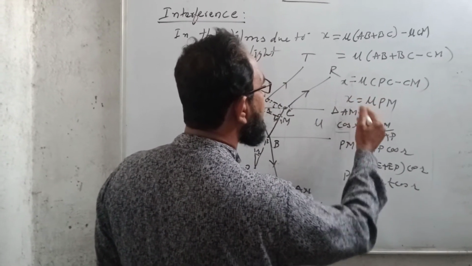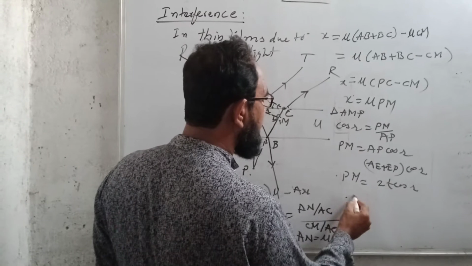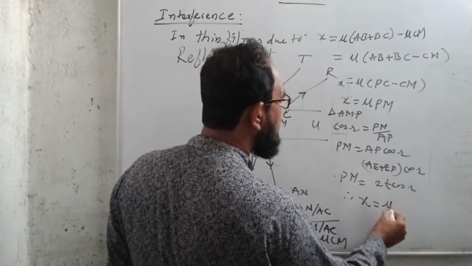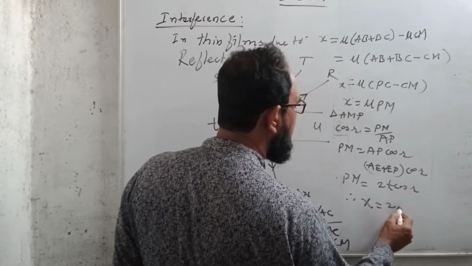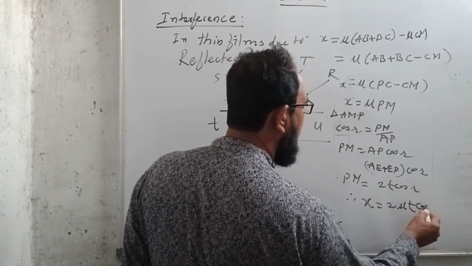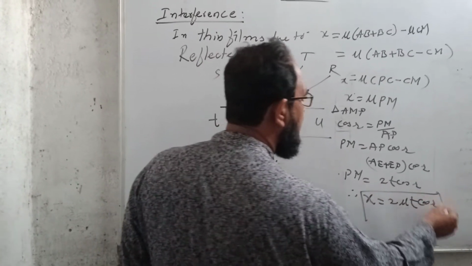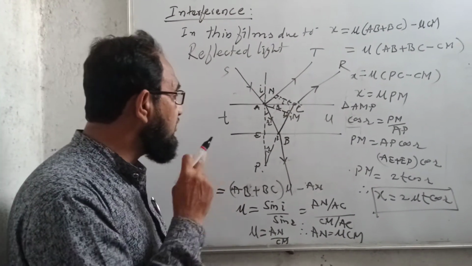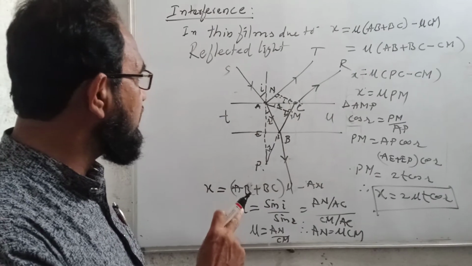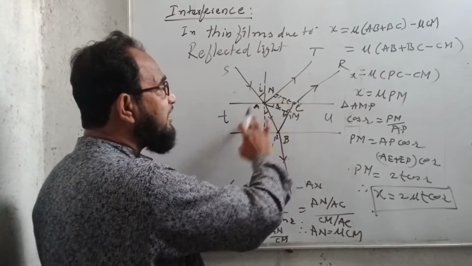So I will write here the value of PM in this equation. Therefore, x is equal to mu into 2t, or I can write it 2 mu t cos r. This is the formula for the path difference in the two rays which are reflected by the thin films